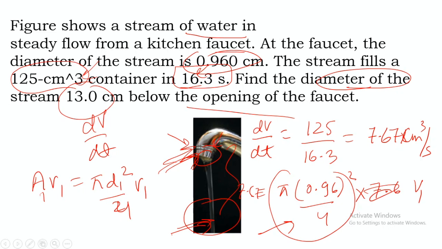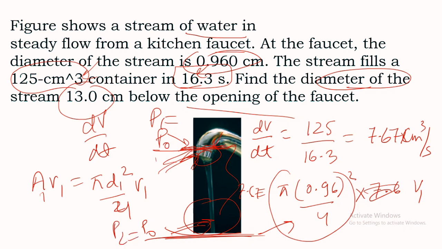Here we took this as our reference point, so this is P naught. So P1 is equal to P naught, P2 is also equal to P naught. We have calculated V1, and this is V2. And if we talk about Y1 and Y2,